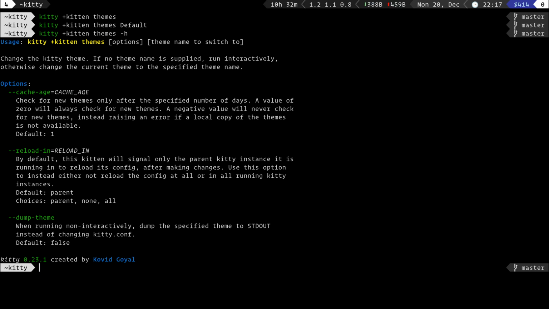I personally use it to adjust the colors to the time of day so that the screen ambient brightness is the best match for my eyes. And I think with that I'll